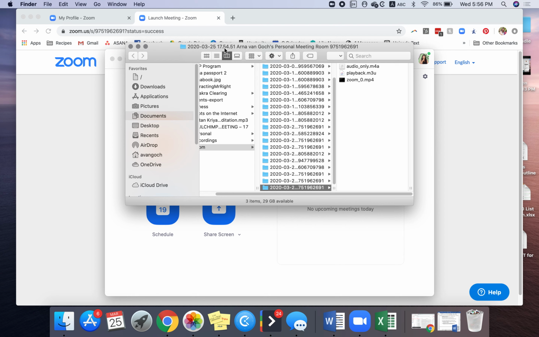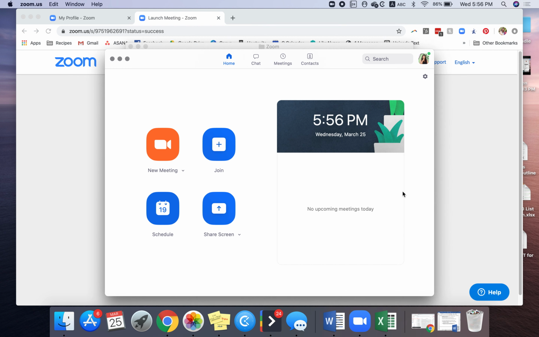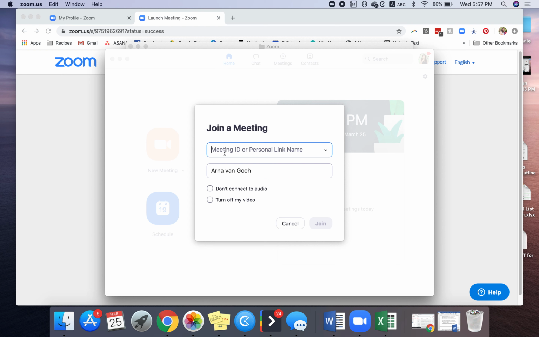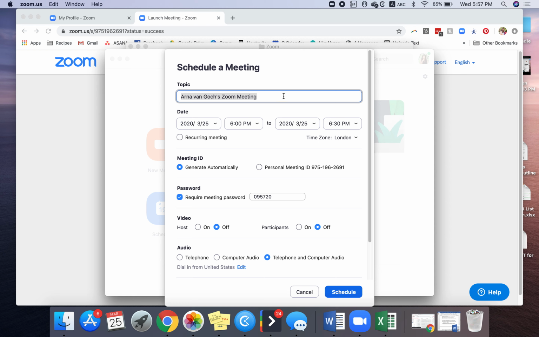And so this one is from just now. I'm just going to delete it because there's nothing in there that I want. Now, you can also use the Zoom application on your laptop, which looks like this. You can join a meeting, and it asks for the meeting ID. Don't connect my audio, turn off my video, and then I can type in the meeting ID from somebody and I can click join. Or I can schedule a meeting and I can call it Arne Van Gogh Zoom meeting,